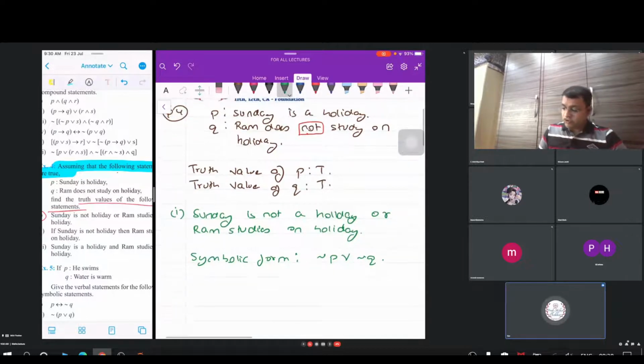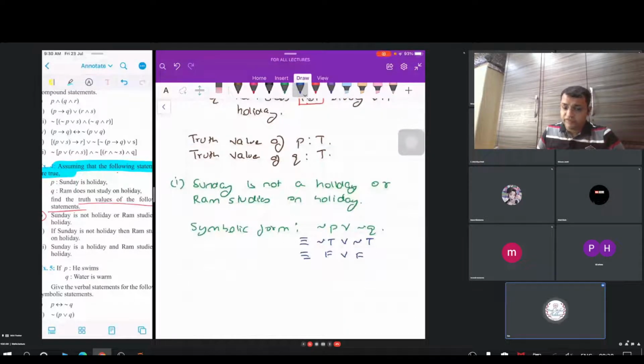And then when we want to write the truth value, it's really easy. In place of each of the statements, I will just substitute the value as T, and the negation symbol is already there, so we have to use that. Equivalent to F or F. So it's a simple one. We have to just remember the rule for or, which says that the answer has to be equivalent to F.